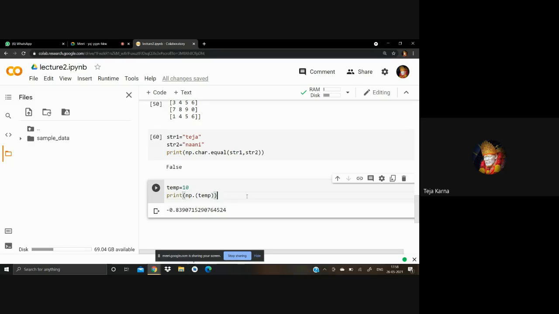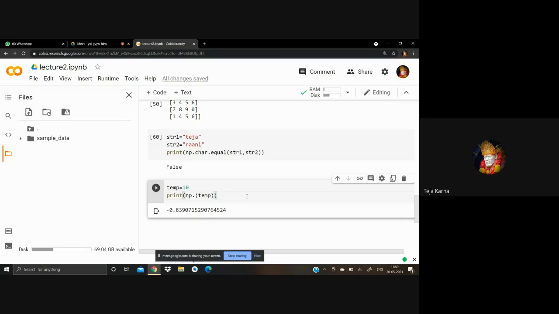Then you have seen some meta characters, using dot, slash, dollar, star, and all those things. Some sequences like slash A are used to find at the beginning of the string, slash Z at the end of the string, slash s to find white space characters, slash d to find whether there are some digits or not. Those are the things we have used in the regex module.